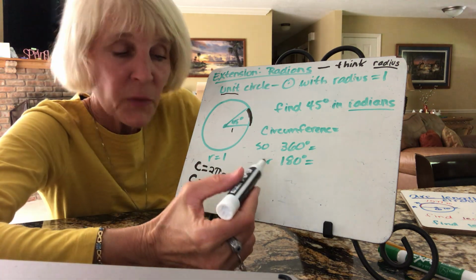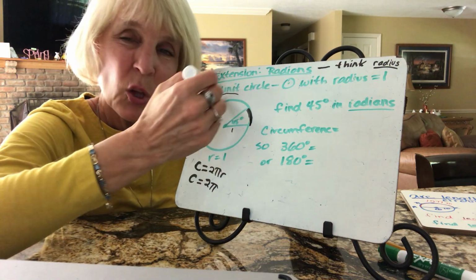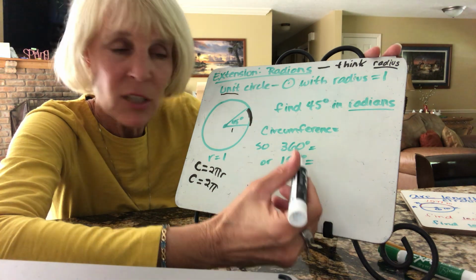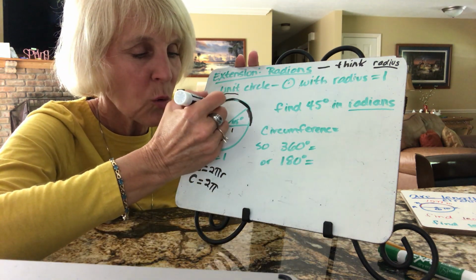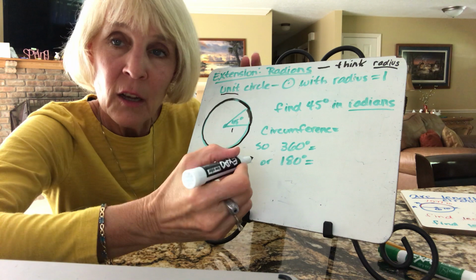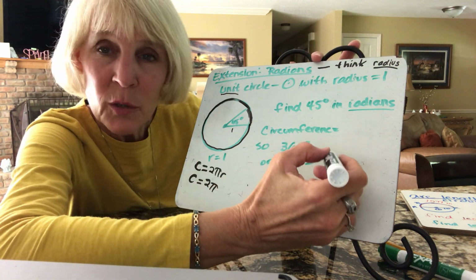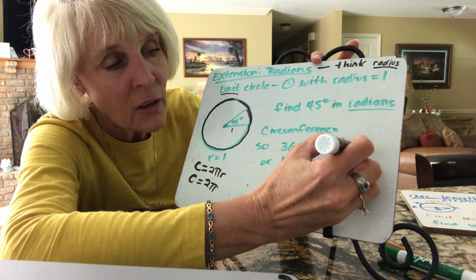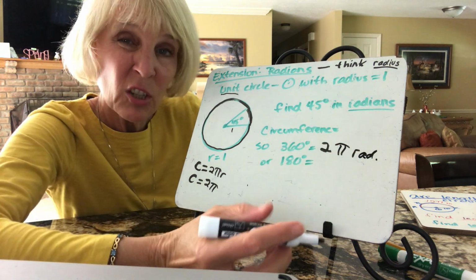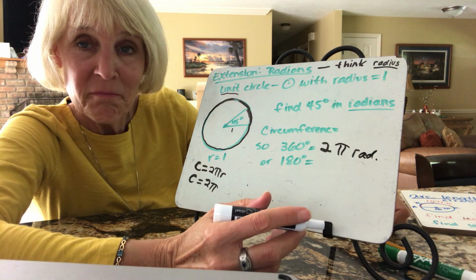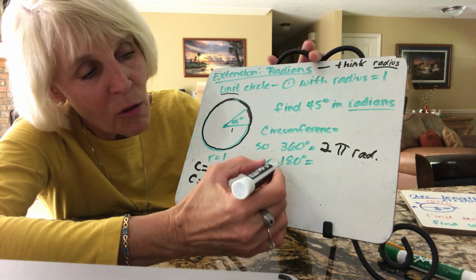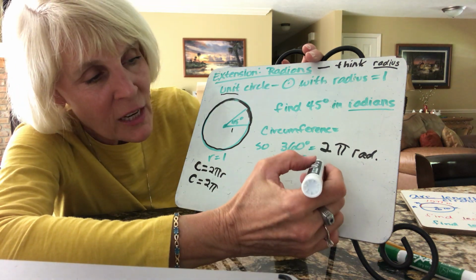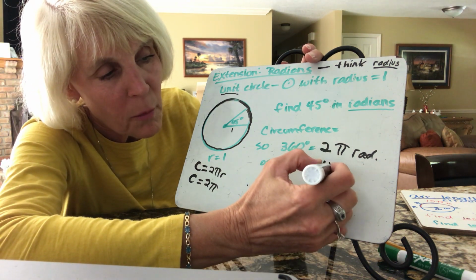Well, think of it like this. If I know that the circumference of this whole circle is 2 pi, then 360 degrees is also this whole circle, right? So all we're doing is saying 360 degrees is the same as 2 pi radians. We usually use RAD for radians. Get it? Or we can say, if I divide everything by 2, then 180 degrees would equal pi